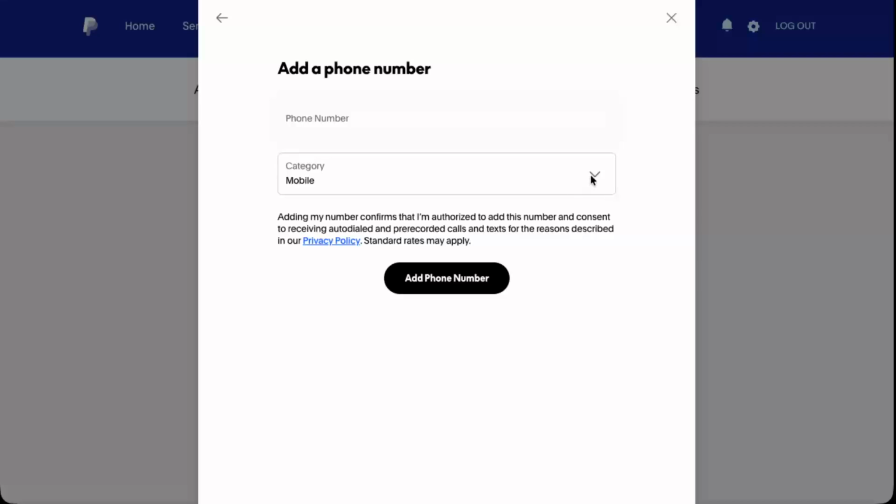After it's added, you should now see both numbers listed. From here, you can make the new number your primary and then remove the old one. First, set the new number as primary if needed, and then use the remove or delete option next to the old number to